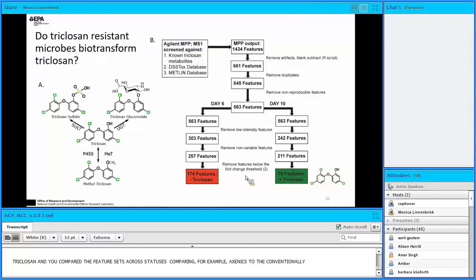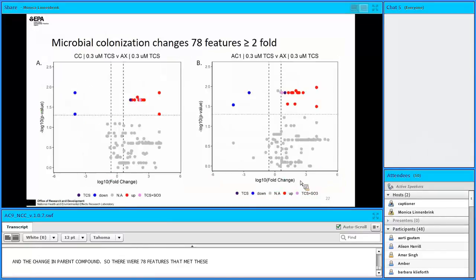And when we did that, we then drilled down to try to find the parent compound. We were unable to identify it in the 6-day data set, so we focused instead on the 10-day data set, which again is where we saw that very conserved compositional change and the change in parent compound. So there were 78 features that met these filtering criteria at 10 days post-fertilization, and they're reflected in these volcano